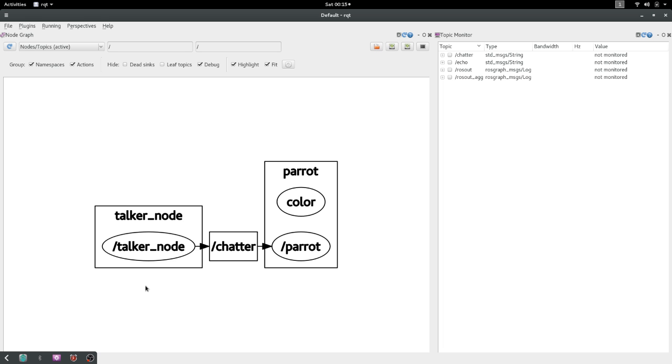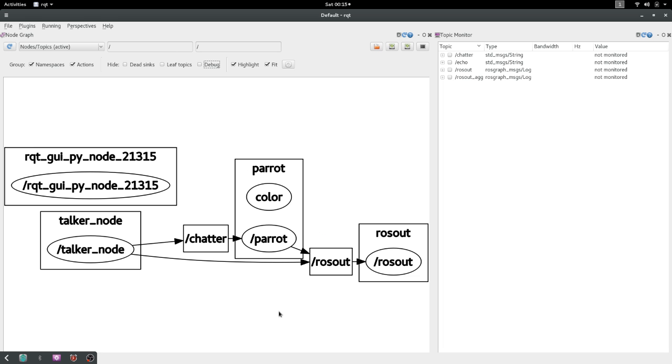Okay, so we see here that the talker node publishes to a topic called chatter, and parrot, which is another node, subscribes to that topic. And we know that it publishes to a topic echo, but since nothing subscribes to the topic echo, it's not shown over here. But if we like see,